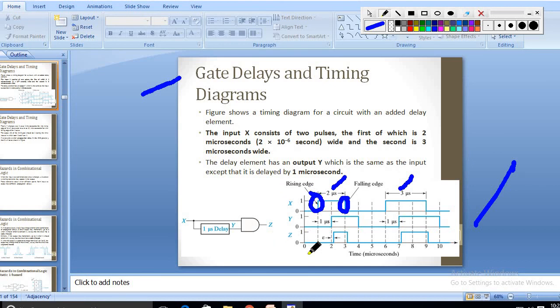But the output Z: when these inputs change, the output also changes its state, but it takes some time. This epsilon is there, right? It is taking some time, that is the finite time, or epsilon time, or propagation delay. So just remember this example of how the output takes its finite time to change its state. That I need to call a propagation delay. That you should remember.